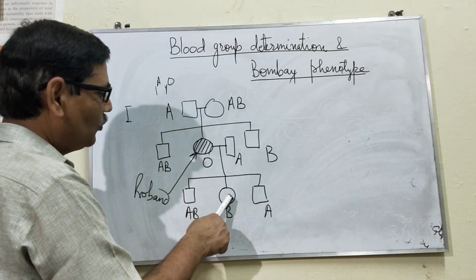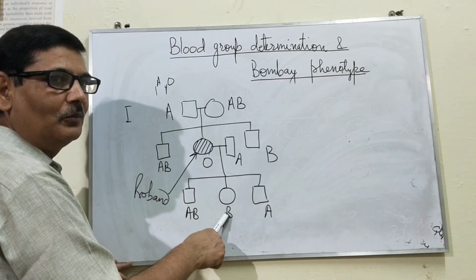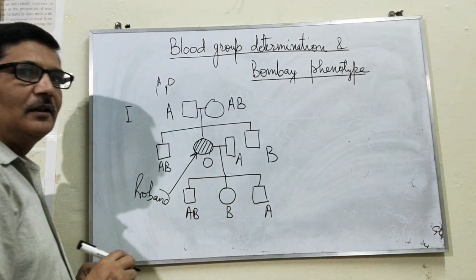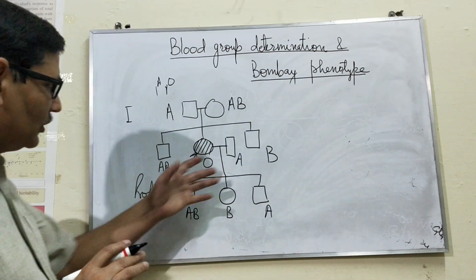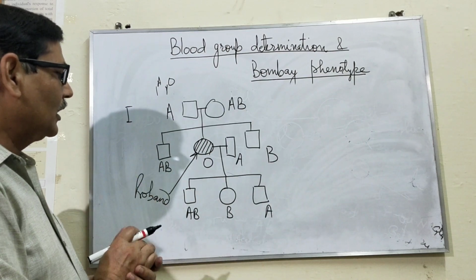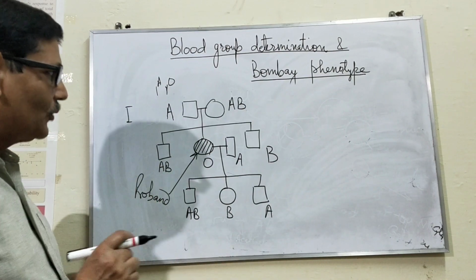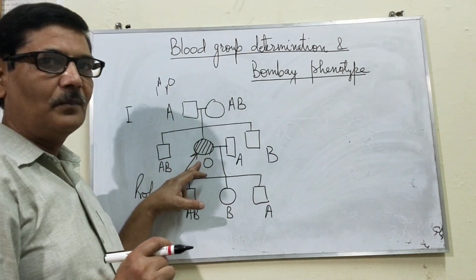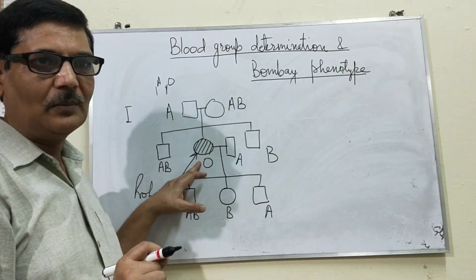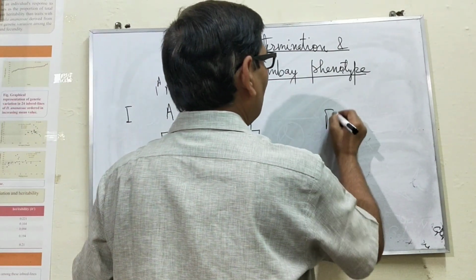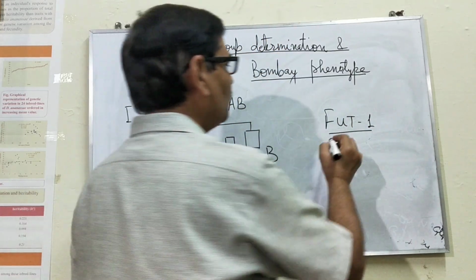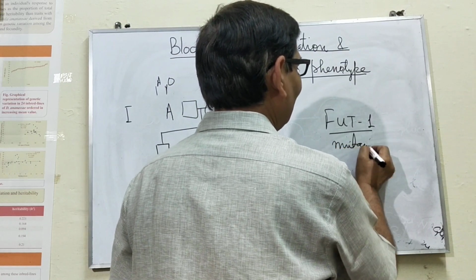Likewise, a child of blood group B will not be possible. Means they will have children only of either A or O type. So this was the reason that this lady actually brought the attention of the people, and this case was properly analyzed. What was observed was that this female possessed a very rare mutation. Definitely that mutation will be occurring in the population, and that rare mutation was of the FUT1 gene. This FUT1 gene was mutant in this lady.